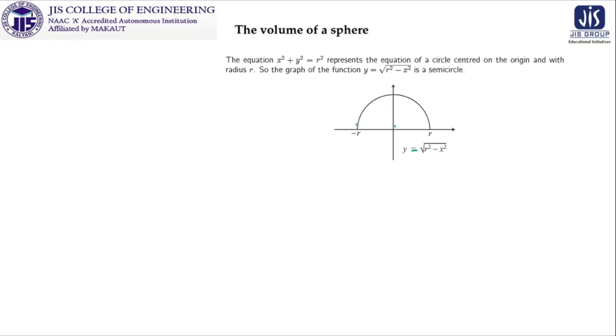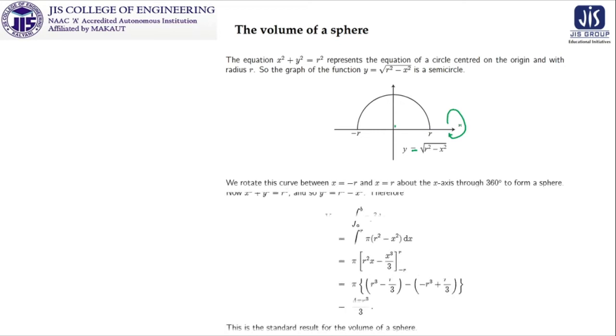this one. Okay. Now imagine if you revolve this with respect to x-axis, then this semicircle will be generating the structure of a football, or the structure of a ball, or the structure of our globe. That means the sphere will be generated by the rotation of this semicircle with respect to x-axis. So if this visualization is clear, then the remaining calculations are not at all tough.